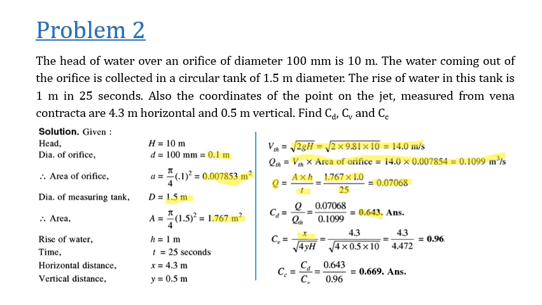And we can get the coefficient of velocity by using this formula, where x is the horizontal distance from the vena contracta and y is the vertical distance. So they have given coordinates of one point. We can use that. So 4.5 divided by under root 4 into y, 0.5, into the head, which is 10. So it came out to be 0.96. And now we can use a relationship between these three hydraulic coefficients. So CC will be CD over CV. So it is 0.669.